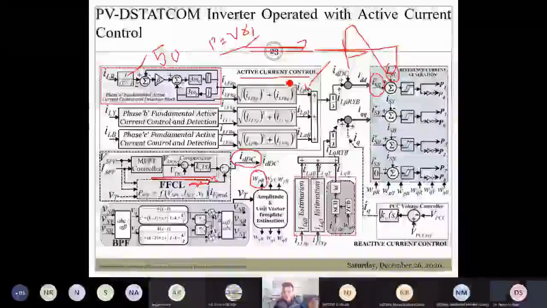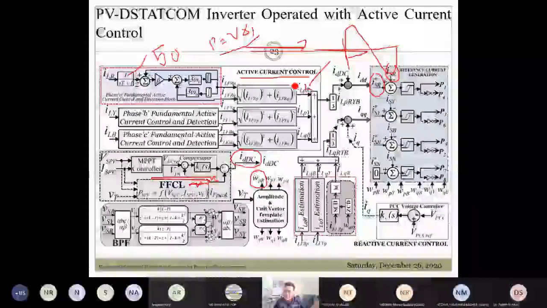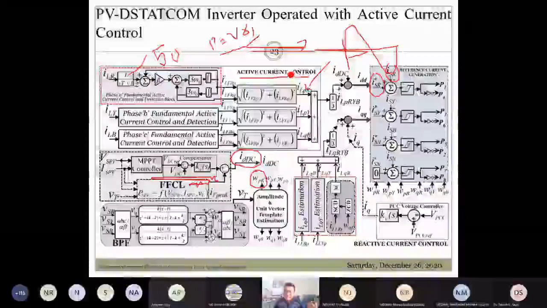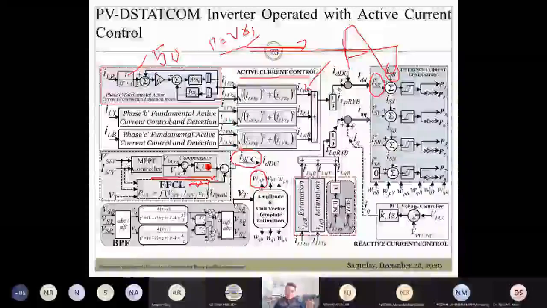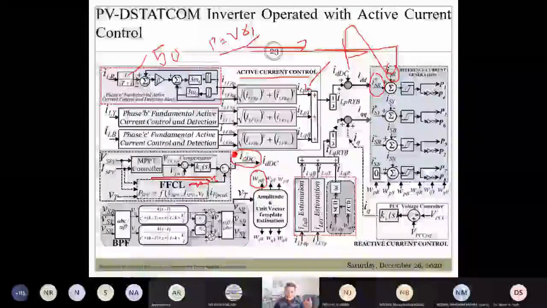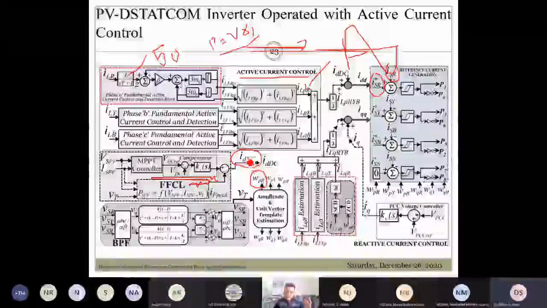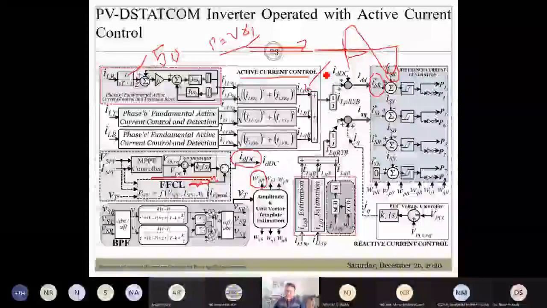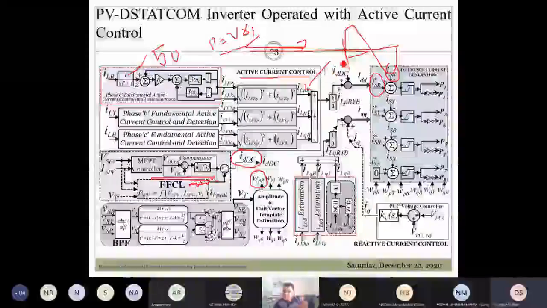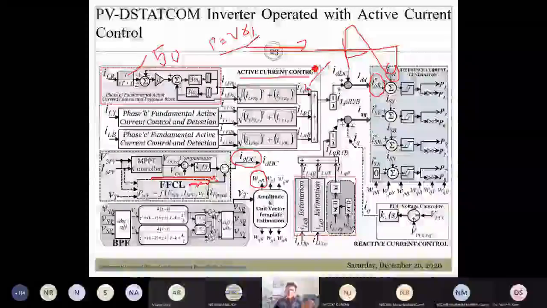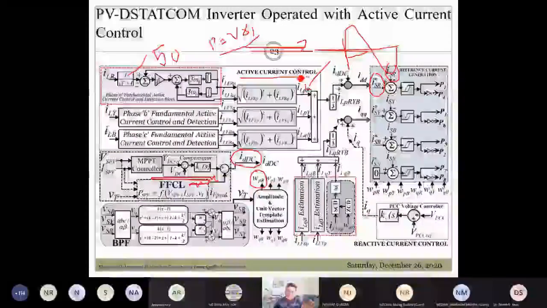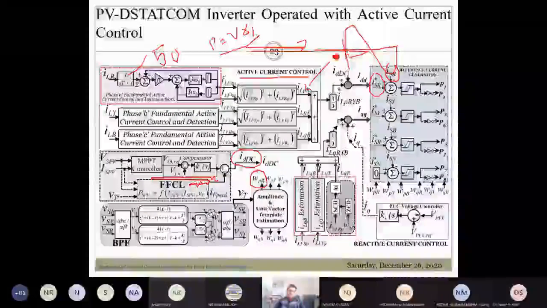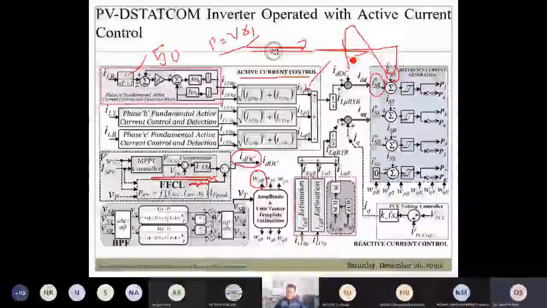So if you want the virtual inertia concept, in case of a synchronous generator you have the rotational mass, the flywheel, that will provide the additional energy in case of load transitions. Here you can have the battery energy storage system to provide the additional energy, and thereby you can ensure the frequency regulation. So it is only required if you want these PV inverters to mimic the operational characteristic of the synchronous generator. Otherwise, it is not required.